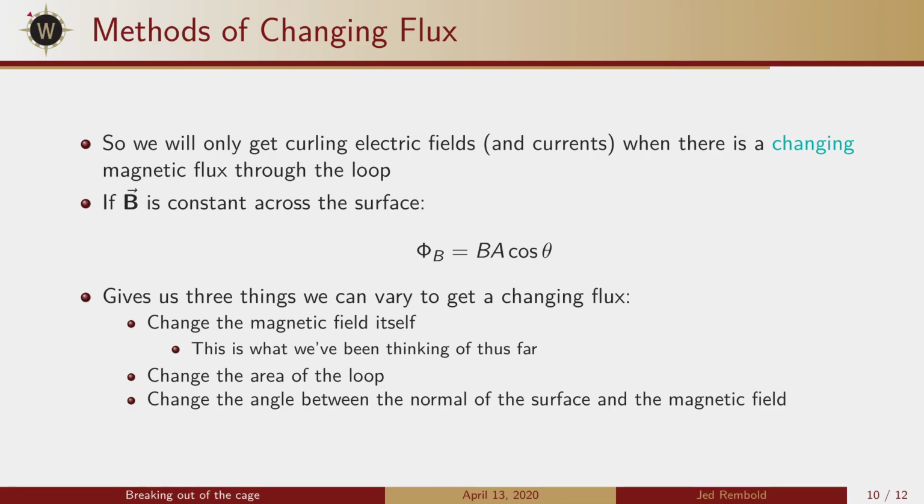And then the other option, of course, is if the angle between those things changes. So if B is originally pointing this way and my loop is this way, so that its normal would be pointing straight up, maybe they're both in the same direction. But then if I take my loop and rotate it by 90 degrees, so that now my loop's normal is pointing this way and my magnetic field is pointing straight up, now those two things are perpendicular to one another. Now there's no flux through the loop. So just by doing a rotation,